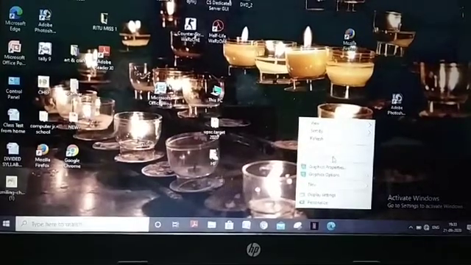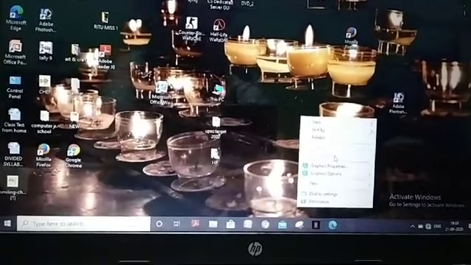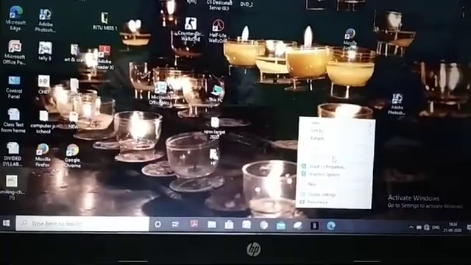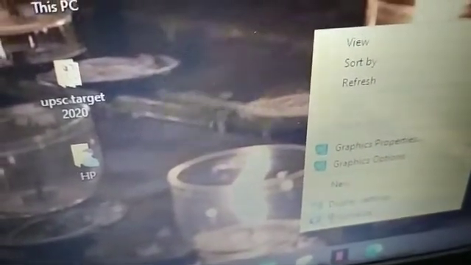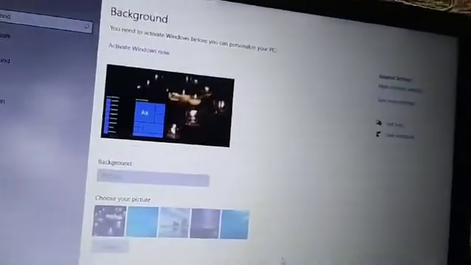Okay, so at the bottom of this menu, I can take my camera closer to it. See, at the bottom of this menu, there is the option personalize. Okay, I'm taking my pointer to the personalize option. Click here. Okay, personalize. Because I have the Windows 8 version, no?